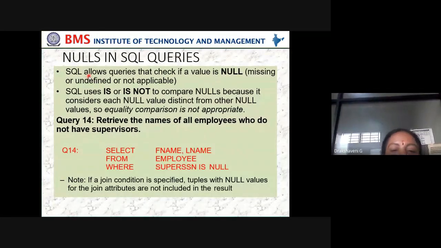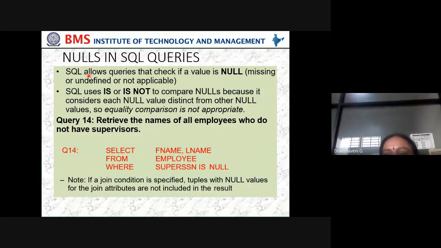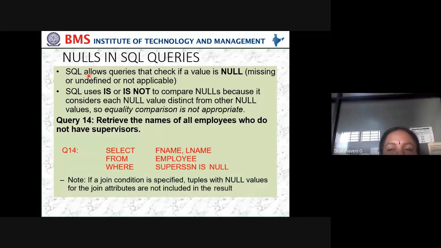Same way, suppose now, what is the strength of the 3rd semester? It's 51 students. But out of 51 students, there will be some values in the table where there will be a null, because I don't know all your phone numbers, so we will represent it as a null.